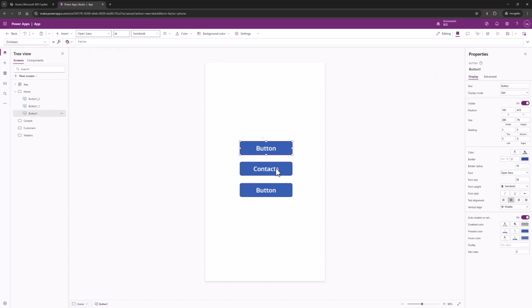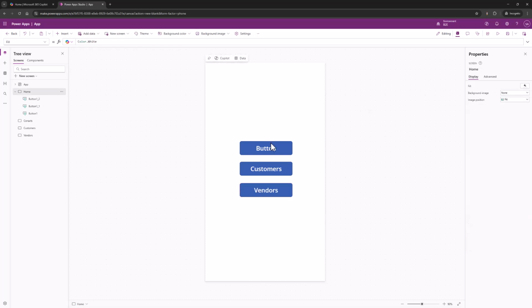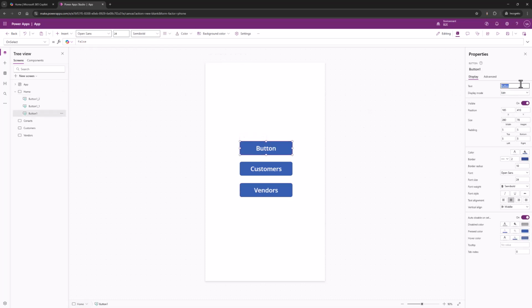Okay, I matched the wrong one. Customers, vendors, and